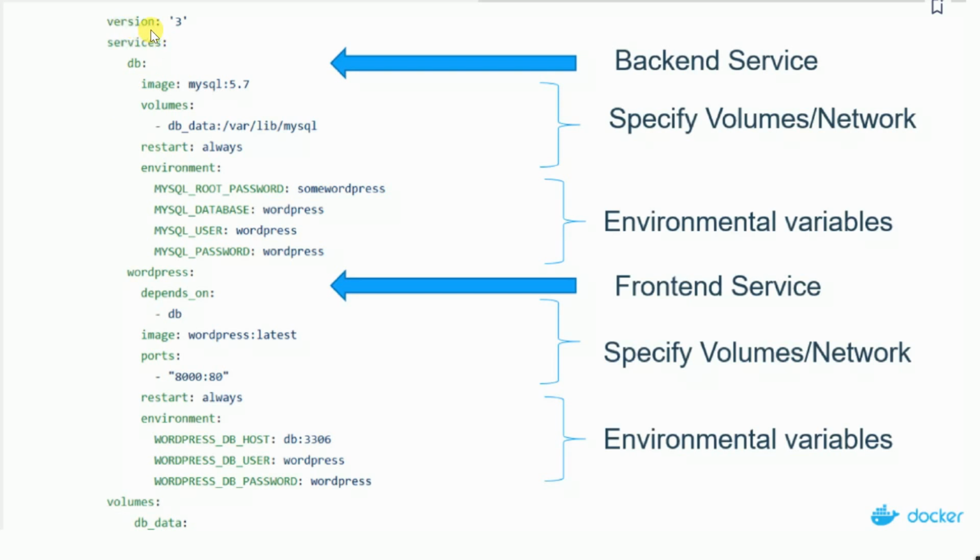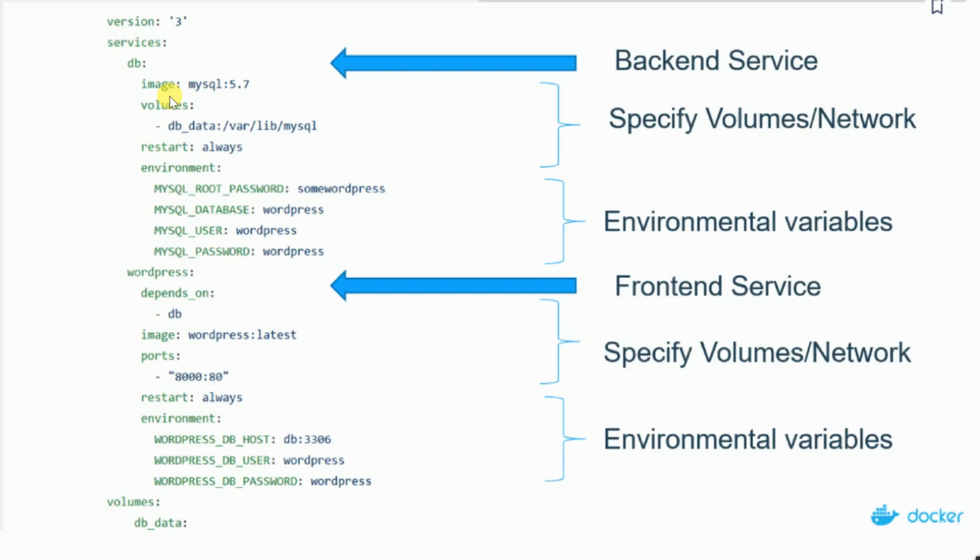Simple. First it starts with version 3, then services, where you just need to provide the service names, DB and WordPress. If I break down these two, first is image, from where you pull your image.